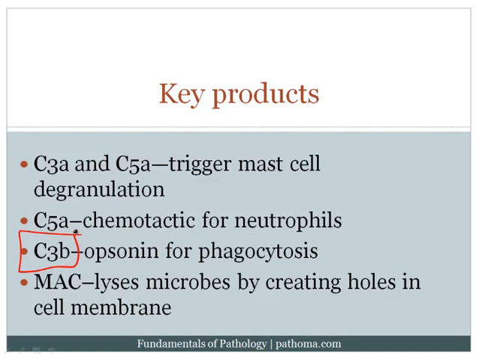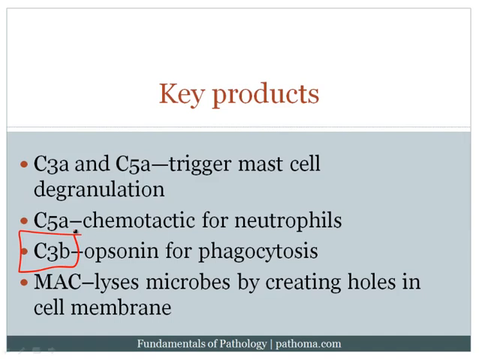Now, phagocytosis is usually blind, i.e. the neutrophil just sort of goes in and grabs things randomly and begins to consume it once it's activated. However, one of the ways by which that phagocytosis can be assisted is by opsonins. And opsonins are proteins that the neutrophil can recognize, which then tell it to consume that which is attached to that protein. And so one important opsonin is C3b, and we'll talk a little bit more about opsonins